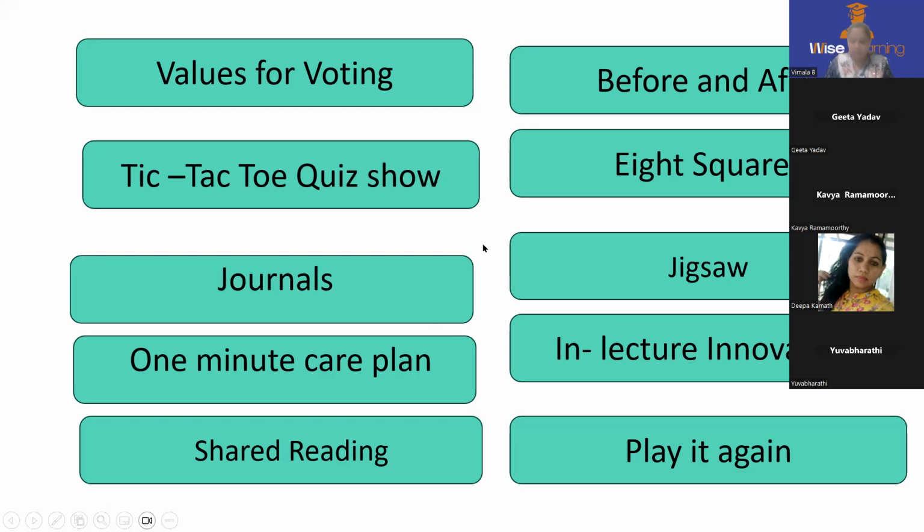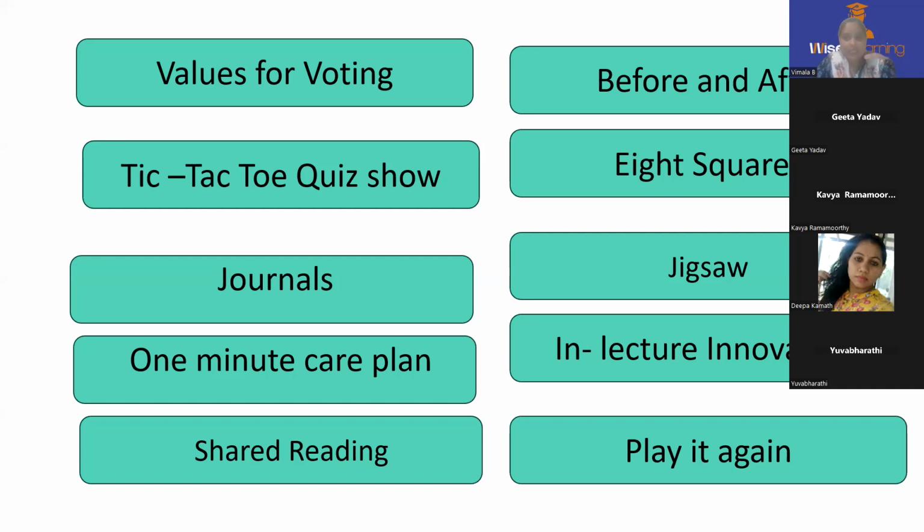Next is journals. Journals is also another reflective type of activity. I can use this strategy at the end of the session. Before giving this, I have to give a clear instruction to students that what they write should include thoughts, observations, feelings, and a question. All these 4 concepts should be in their write-ups. After my explanation of any chapter, I will ask them to make write-ups